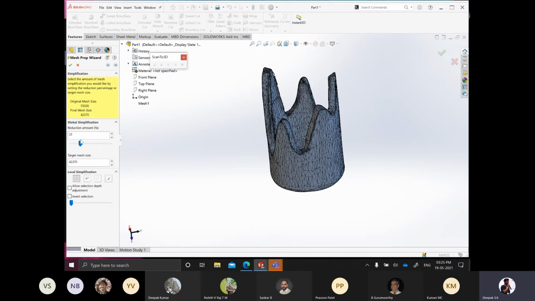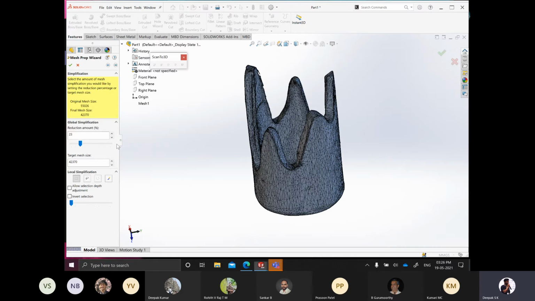Yeah. So what happens as you increase this bar is that the model gets abstracted. The density of the cloud point reduces, so the number of points per unit volume reduces. The entire model becomes more abstract. It's like trying to represent a sphere in terms of many different patches. People who have already worked with SolidWorks or any other 3D software will know that as you zoom in, you can see that the sphere is becoming more patchy. When you zoom out, it becomes smoother, right? This is that kind of operation that is going on.